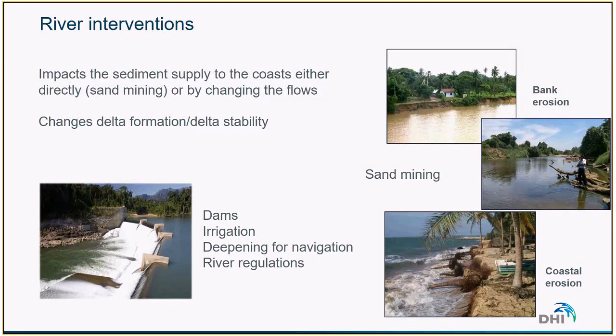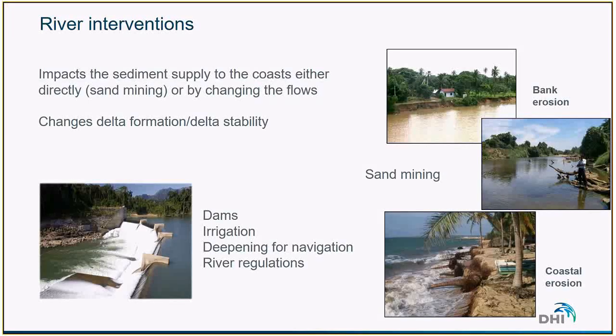It can be surprising, but river interventions can also have an impact on the shore. This is mostly due to the fact that these interventions have an influence on the sand supply to the coast. So, for instance, when sand mining occurs in the river, we reduce the amount of sediment that is flowing towards the coast, and therefore